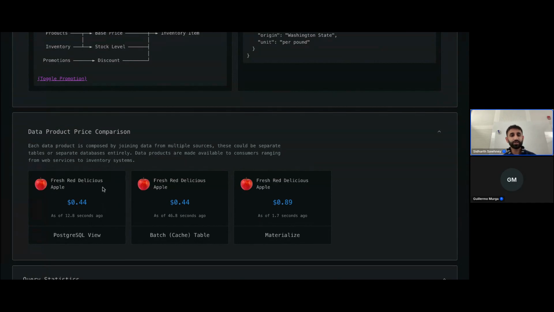Postgres is still waiting to run that query and change its price. And the data warehouse needs to wait for the data pipeline to run again in order to update its price. And this kind of encapsulates why AI agents would need fresh data or need to see changes quickly in order to take action.